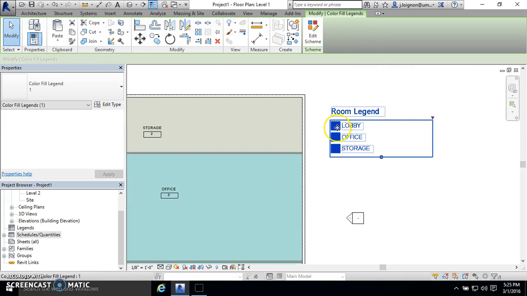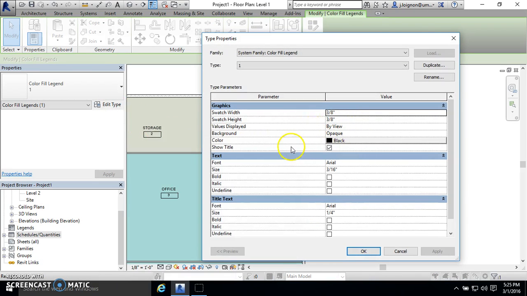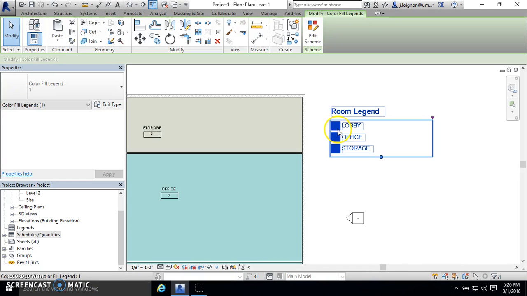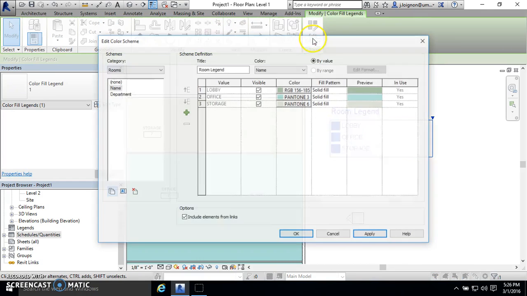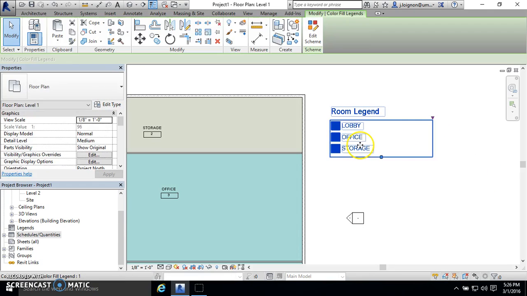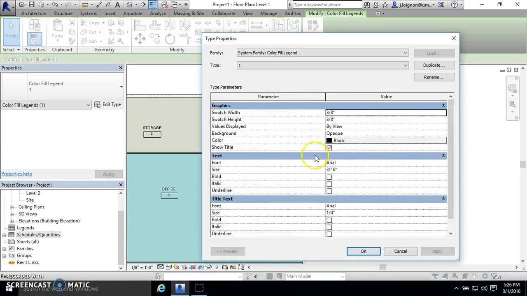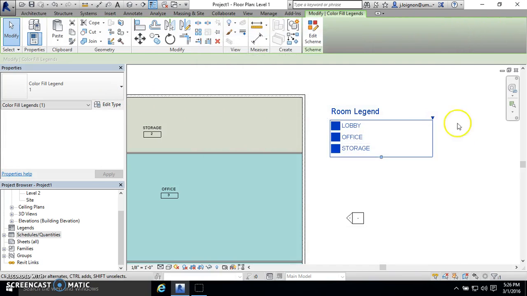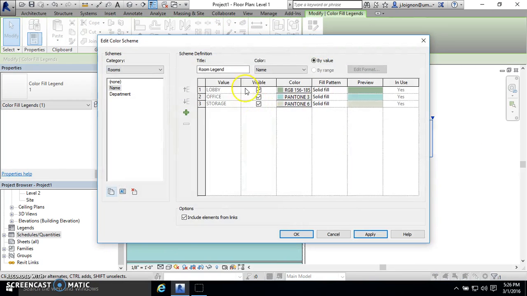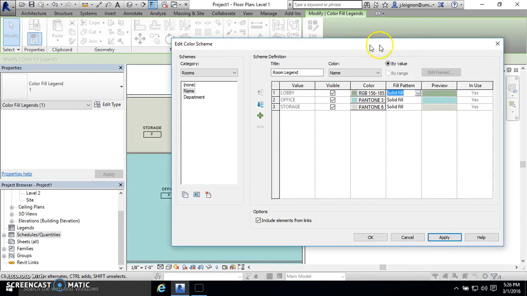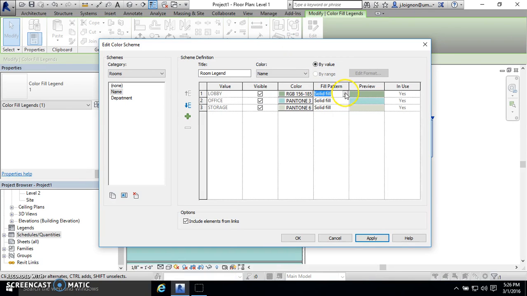And then you can actually edit the color scheme. I forget how to do the edit scheme. So if you click on the legend, you can edit the legend where it will have different text sizes and everything. But if you click on it, you can see edit scheme, and this is where you can see the room names, and then you can change its colors if you want to, and then even the hatch pattern. You can see here that it's a solid fill, but if you wanted to do like